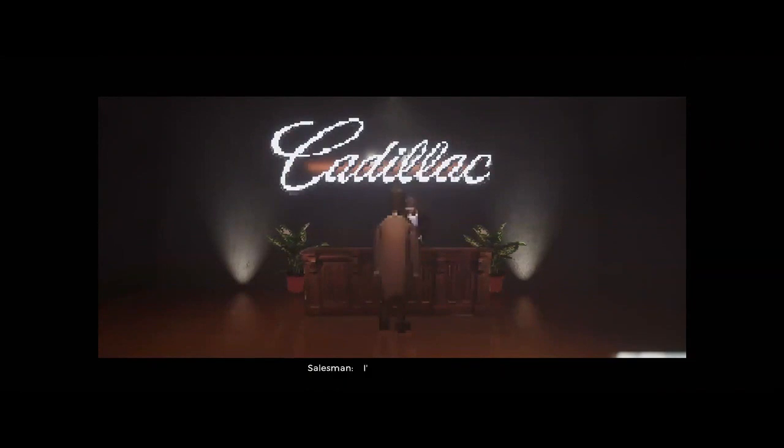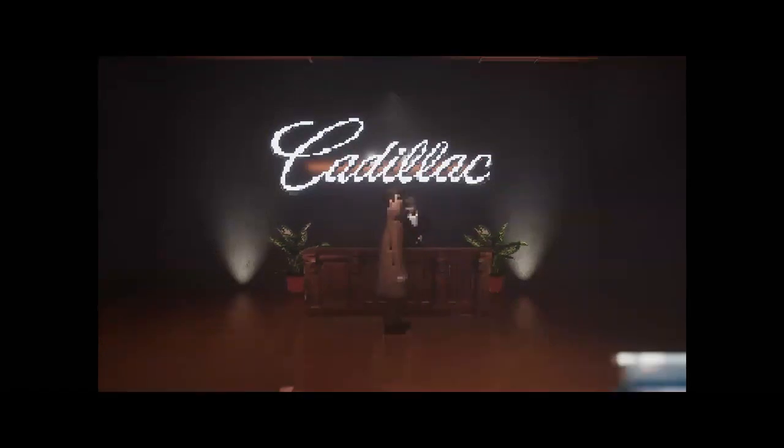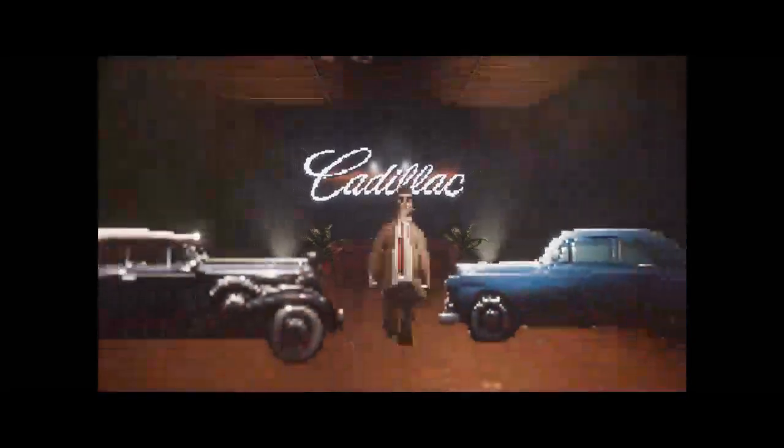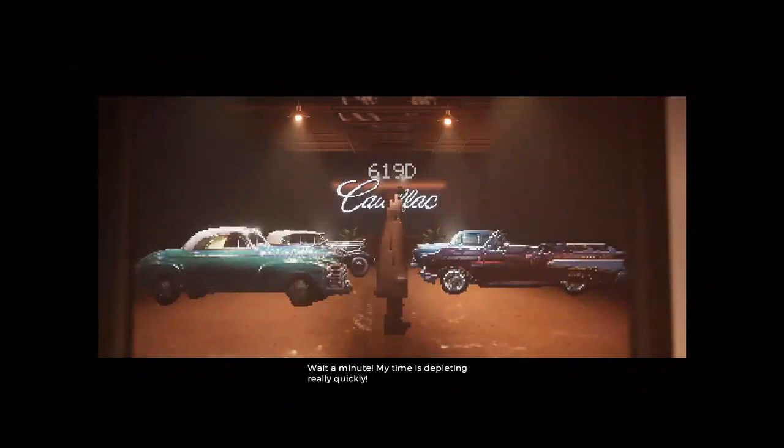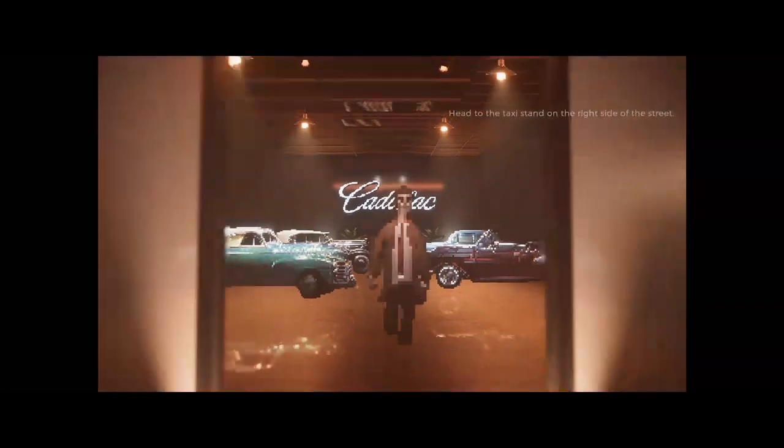So he has more than enough time, but then the salesman says, oops, you don't have enough time. If you don't have enough time, you aren't able to pay for the car. I can't sell you the car itself. Right now, you're wondering why I don't have enough time. So over here, usually you like to check your time. In this case, the time is depleting really quickly. You can see that from over 1,000 days it now drops to over 600 days, and it's really dropping really fast. So of course, we need to go back to the Siren Alley to investigate